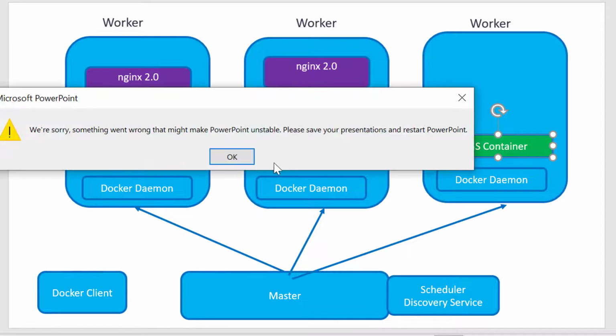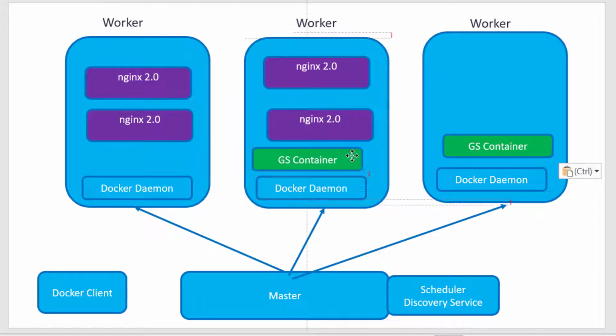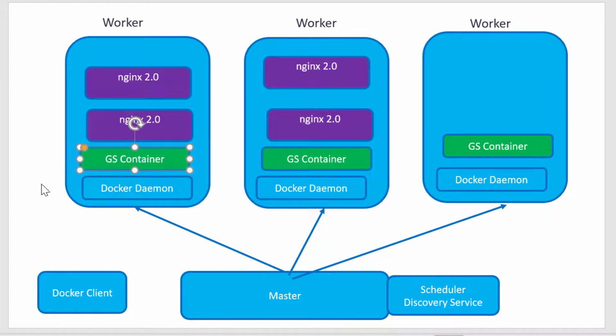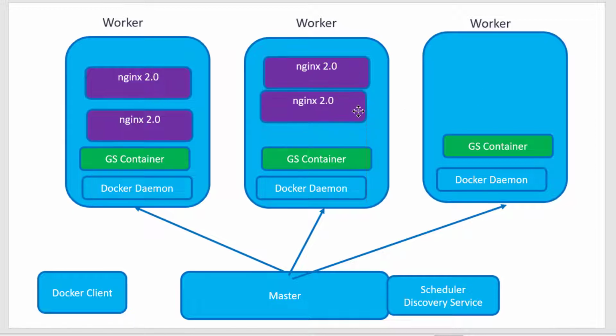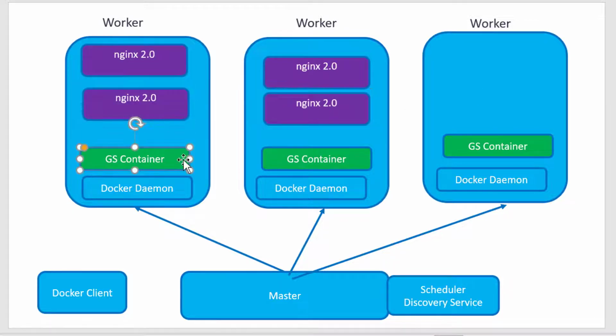And this will be only one container per node. And whenever I'm draining a node, automatically that particular container will also get deleted. At the same time, if I am adding a new worker into the Swarm cluster, a container of global service will also get started in that particular worker. I can have any number of global services. That many number of containers will get started in all the machines.